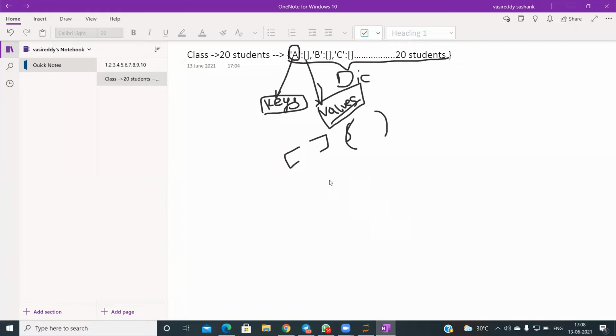Whereas for a dictionary, you use something like sets, the flower brackets. You must have used it in your math for sets. So these flower brackets are used to create a dictionary in Python.